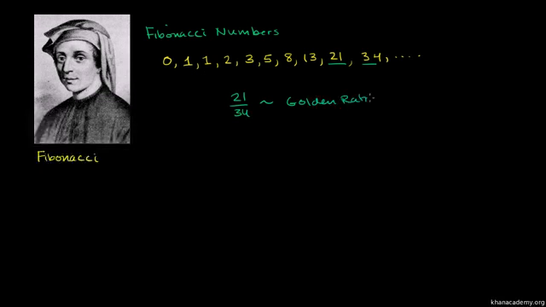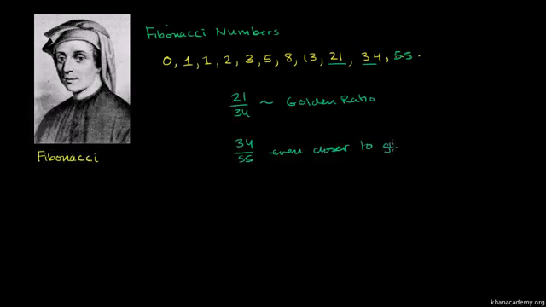I encourage you to look up the golden ratio on Wikipedia and the internet. You'll find all sorts of fascinating and mystical things about the golden ratio. What's cool about the Fibonacci sequence is that it gives you an approximation of the golden ratio. But you'll get an even better approximation if you add another term to our sequence. So the next term over here, 21 plus 34 is 55. So the ratio of 34 to 55 is even closer